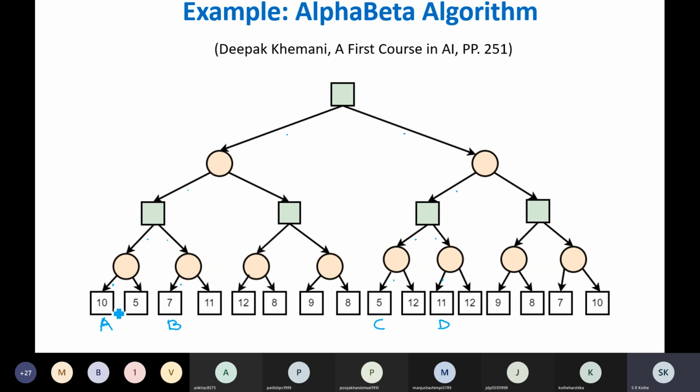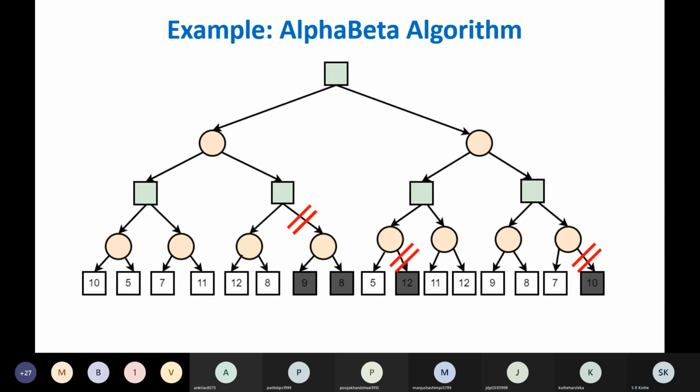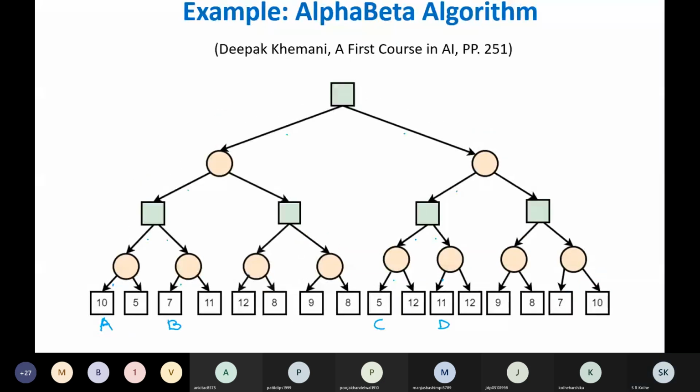right? Similarly, node D belongs to two strategies. Value of node D is 11. Value of a node is always greater than or equal to value of a strategy. Therefore, the upper bound on the cluster represented by D is 11, cluster represented by C is 5, cluster represented by B is 7, and cluster represented by A is 10. Understood up to this?